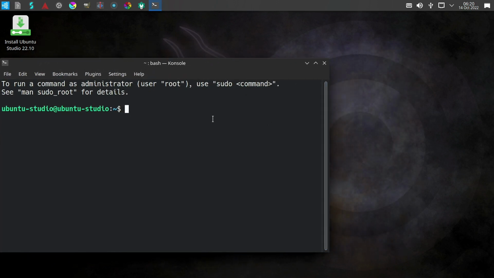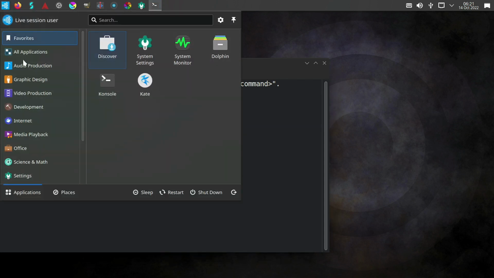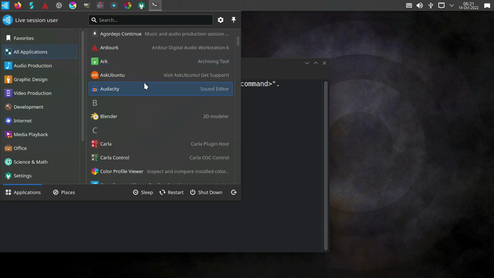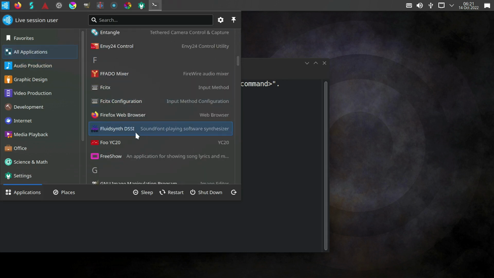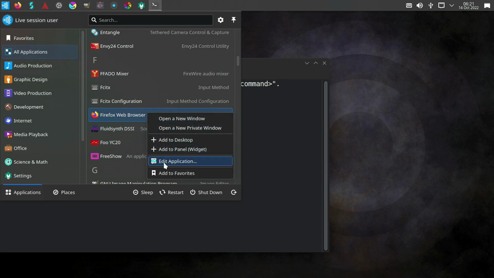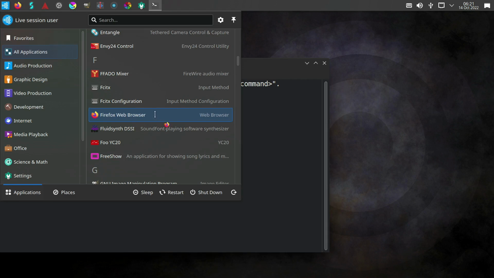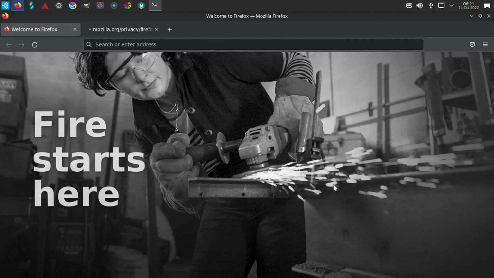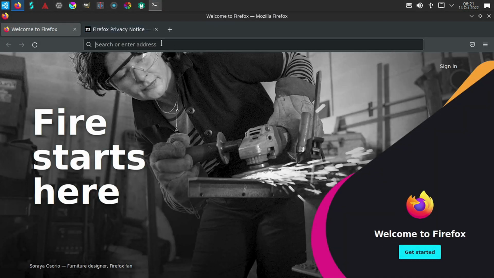Wait a few seconds until Firefox comes up. sudo -s is the first command we will type. Have to click well. Let's go from here, maybe it's better. All applications and Firefox, where is it? Let's go from here. Alright, so there we have Firefox,